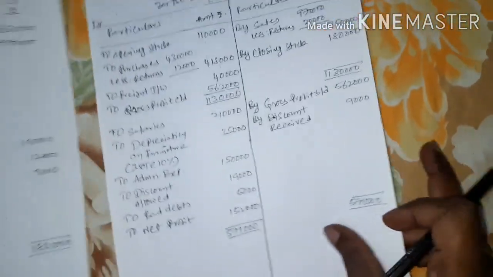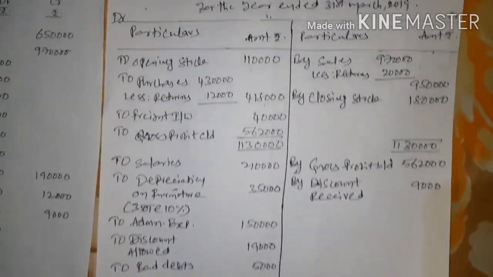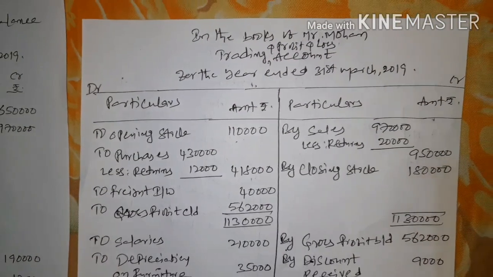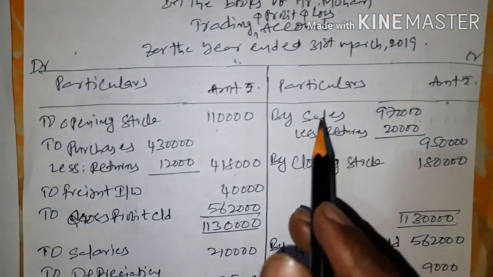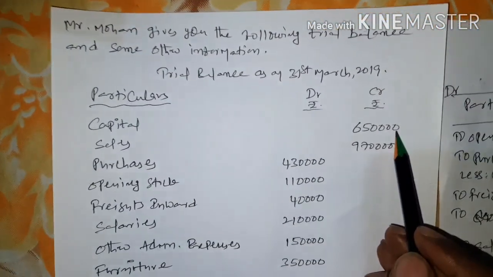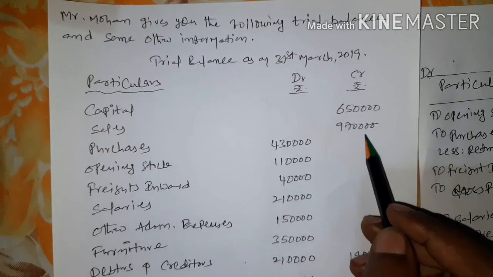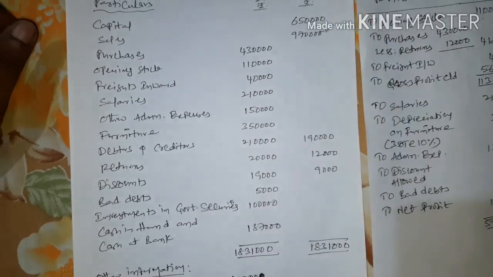Now let us see the solution, friends. First let us see the preparation of the trading account of Mr. Mohan for the year ended 31st March 2019, with particulars, amount rupees, particulars, amount rupees. Then see, friends, here capital 6,50,000 will be shown on the liability side. Sales is a direct income, it is to be credited to trading account, friends. By sales